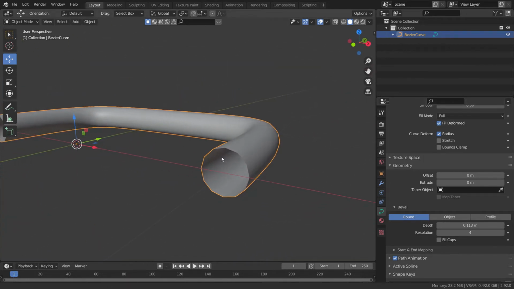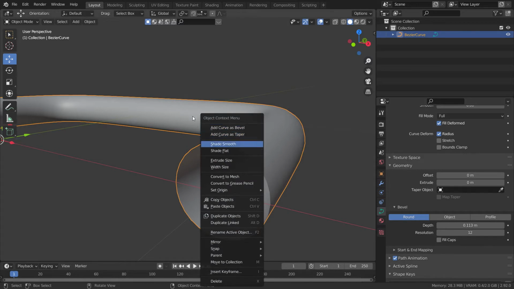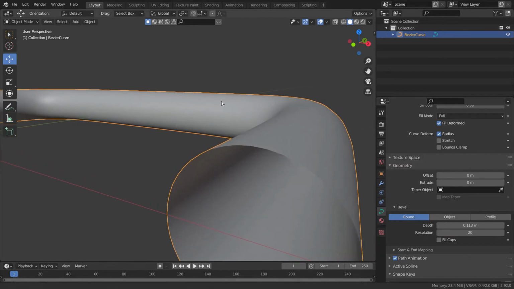So as you can see, this curve also has a resolution over here, so you can control that from over here. I usually go with 12, and then right click and then shade smooth. You can go up to any height you want. I think 20 will look fairly good.